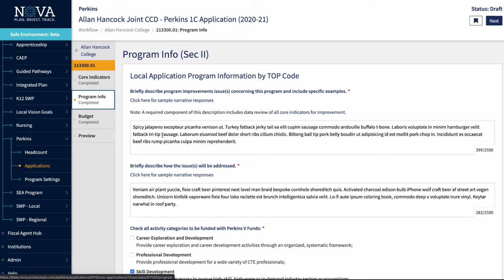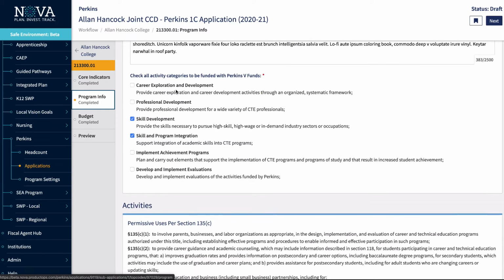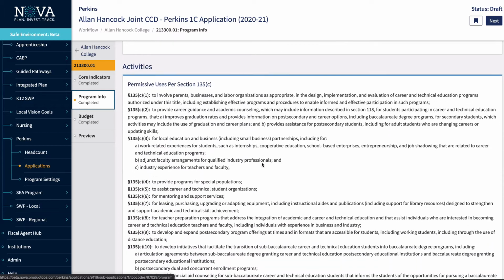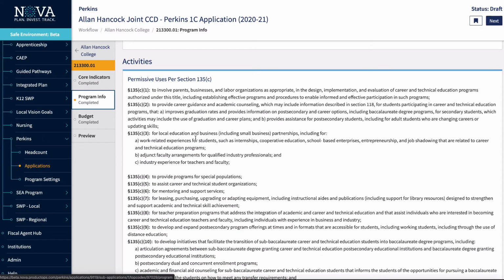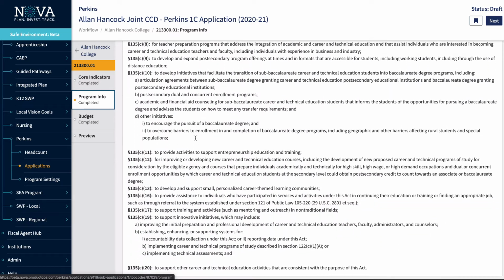Answer these narrative questions to the best of your ability, 2,500 character limit. And these are the activity categories. These are approved in Perkins 5. We're going to select which activity categories these programs tie to. Here is a list of permissive uses that is referenced, and it's going to come in handy, as you'll see